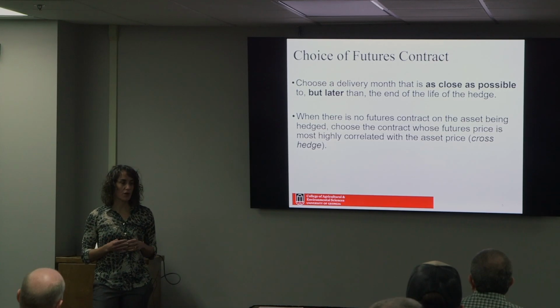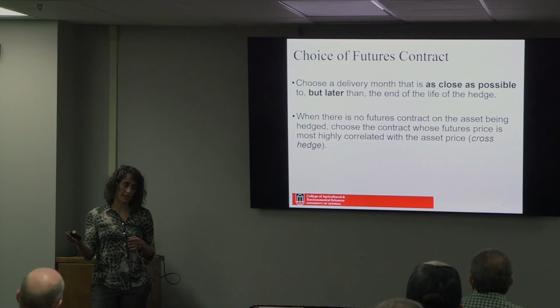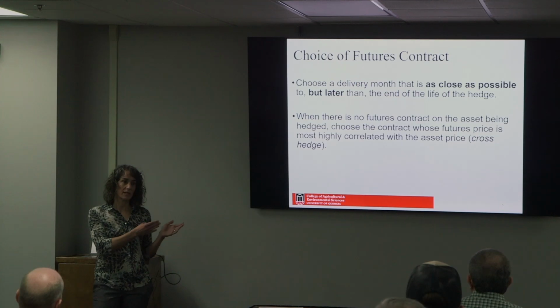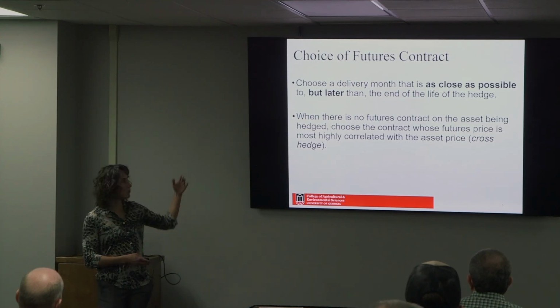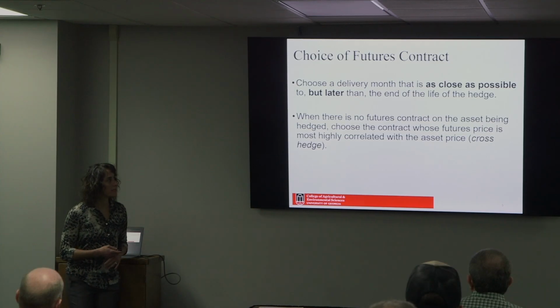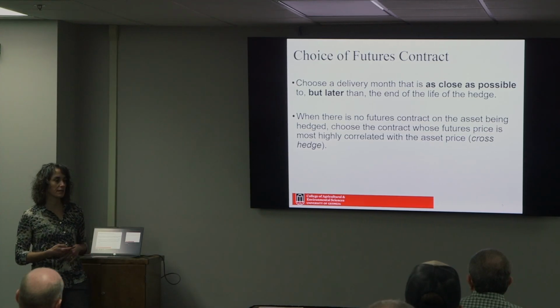But if you are going to be selling in December and you choose a contract with March maturity, then you are exposed to price risk from March to December. That's why you like to choose a maturity month that is as close as possible, but later than your